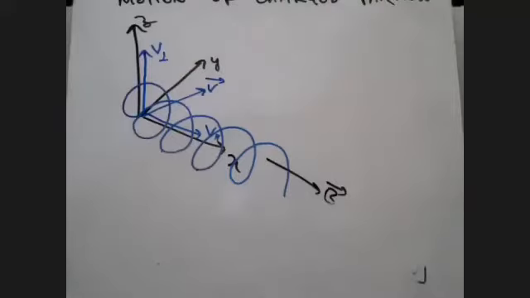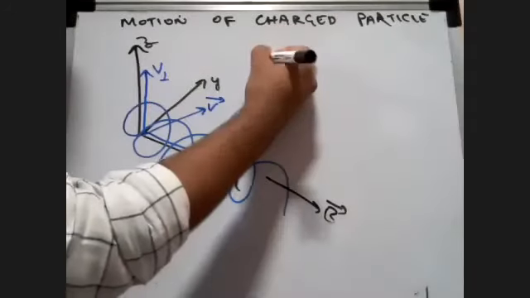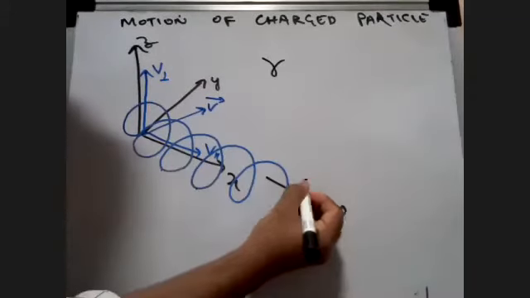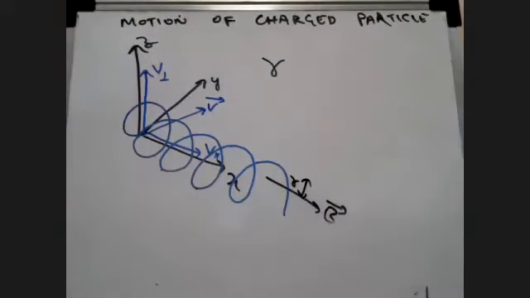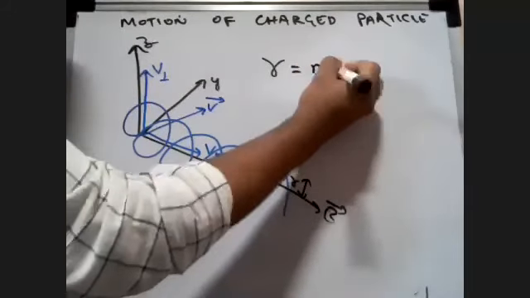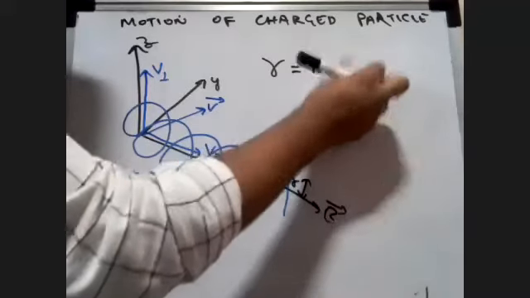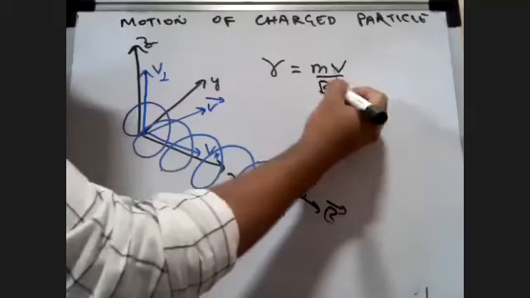just a simple summary here. Tell me students, what will be the radius here? What will be r over here? R, basically this distance, what will it be equal to? Can anyone tell me the formula of radius here? We know radius is equal to mv upon Bq. But students, listen to me.